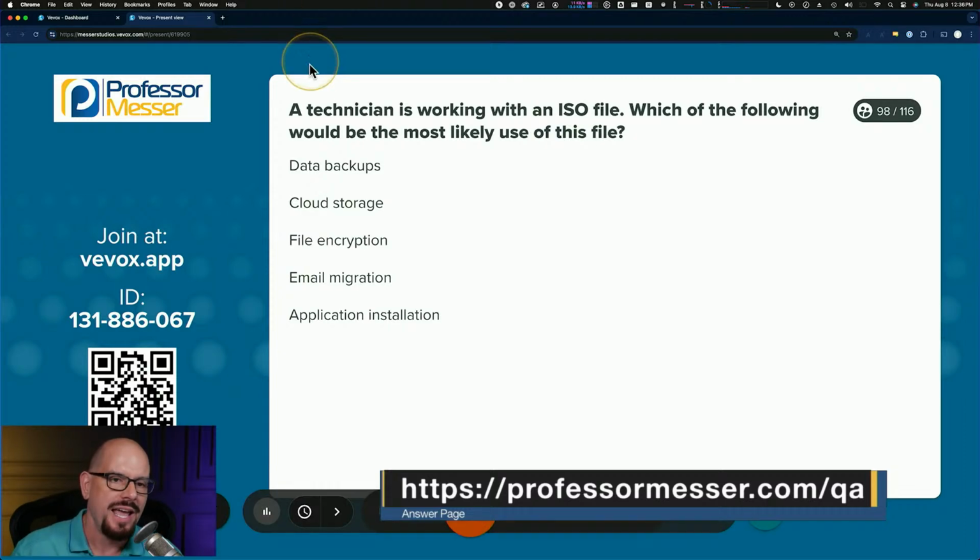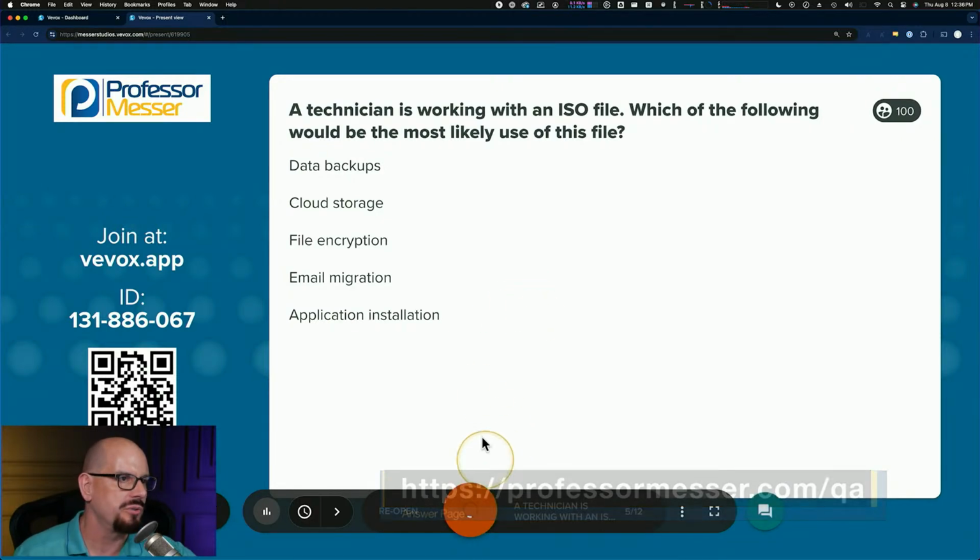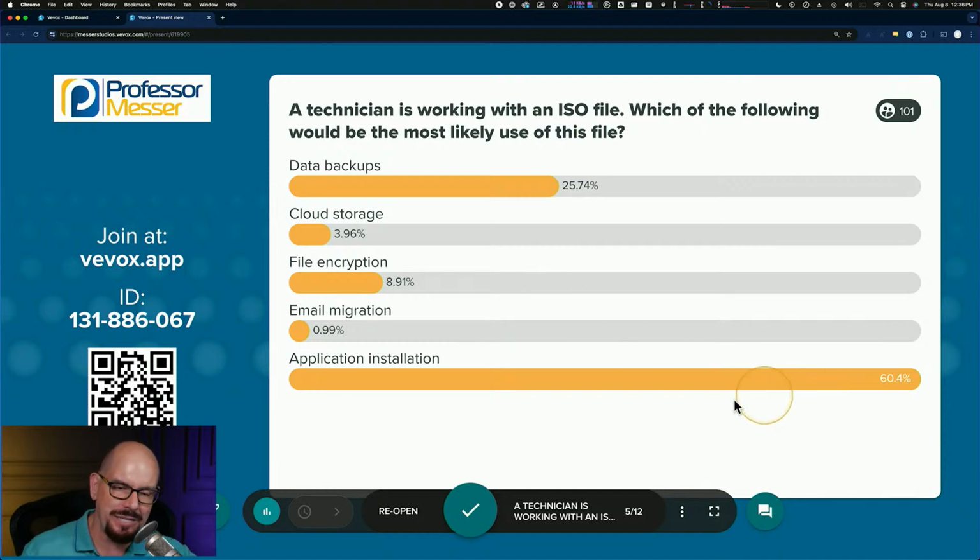The question again asks, a technician is working with an ISO file. Which of the following would be the most likely use of this file? Would it be data backups, cloud storage, file encryption, email migration, or application installation? Let's see what you chose. And we have on our list 60% of you that say that would be an application installation. 25% of you say the answer is data backups. So we're sort of torn, although clearly we have a strong majority at 60%. 8% of you say file encryption, 3% say cloud storage, and almost a percent, we'll give it the 0.01 extra,